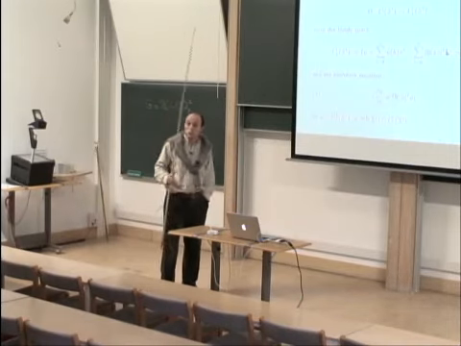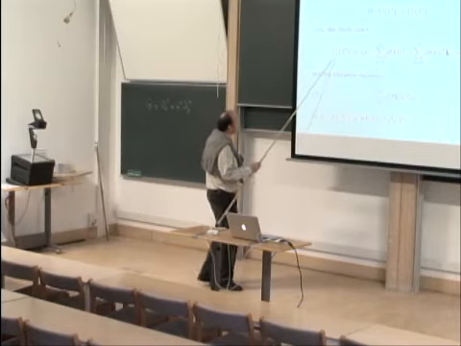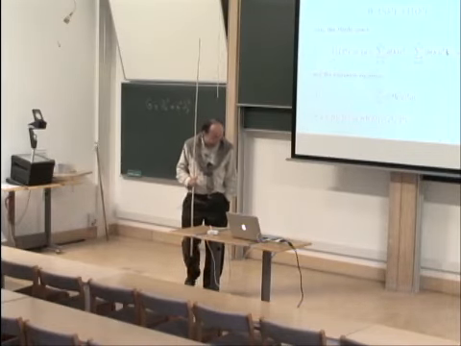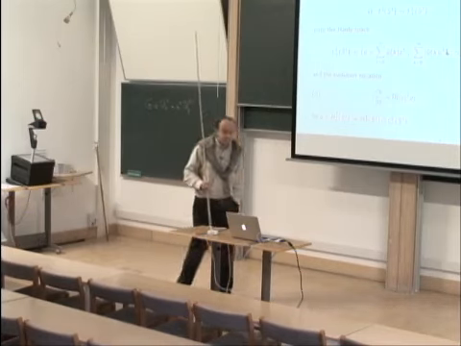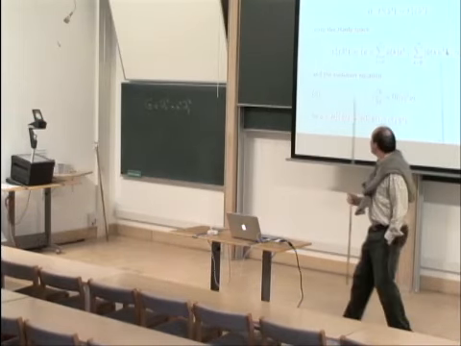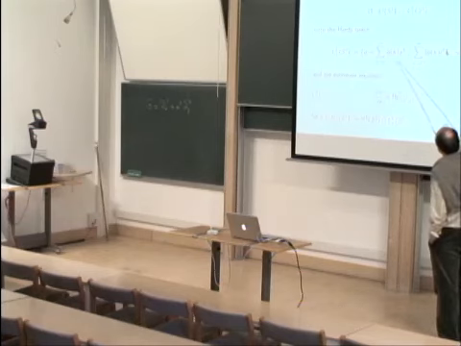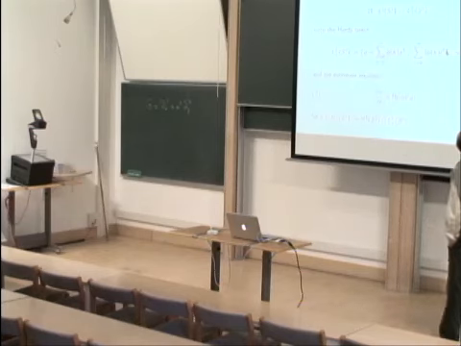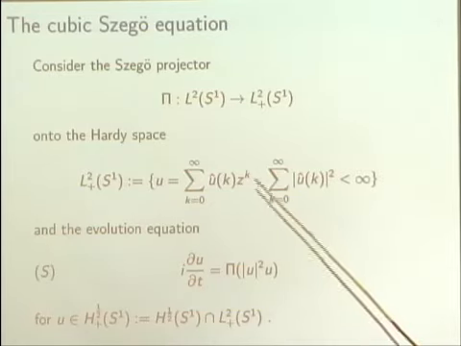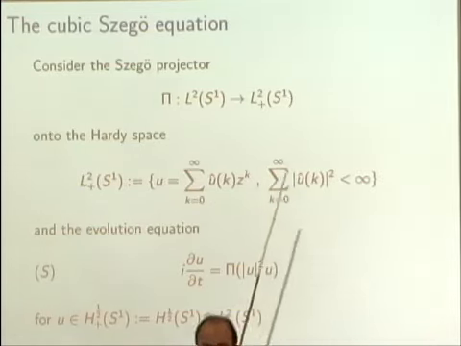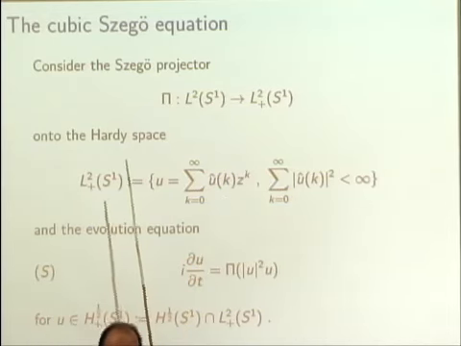But here there are too many H's in this theory, so I decided to replace H2 by L2 plus, which is, of course, a lack of respect to George Hardy. I'm so sorry about that. But now, if you look at this Hardy space, which corresponds to Fourier series with L2 coefficients, but only non-negative Fourier modes, okay? If you prefer, here I put z rather than e to the i theta, because,